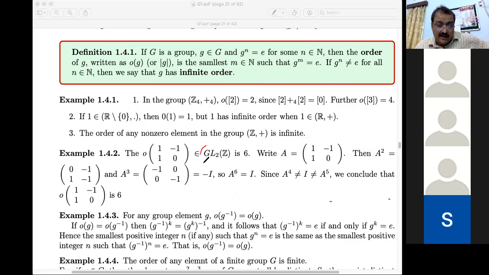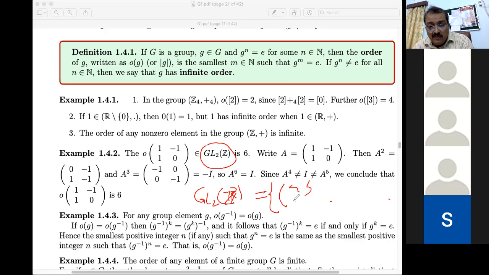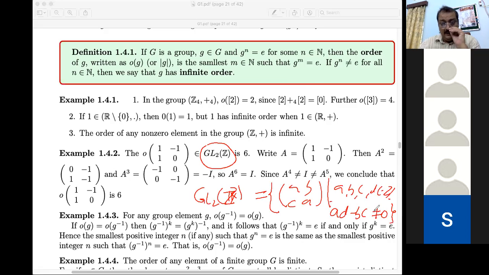For example again GL2Z. GL2Z means the elements are, you know that GL2, maybe some is a new student, so I just Z, I just GL2Z is a 2 by 2 matrices A B C D. उस एलिमेंट ऑफ दिस इज इक्वल टू A B C D क्या है, यहाँ पर इंटीजर दे रखे हैं और कंडीशन क्या है, AD माइनस BC शुड बी नॉट इक्वल टू 0। ये GL2 के एलिमेंट होते हैं। GL2 Z लेंगे तो Z के एलिमेंट हो जाएंगे, R लेंगे तो R के, यानी कि 2 by 2 इनवर्टेबल मैट्रिसेस whose elements are the set of integers are there।